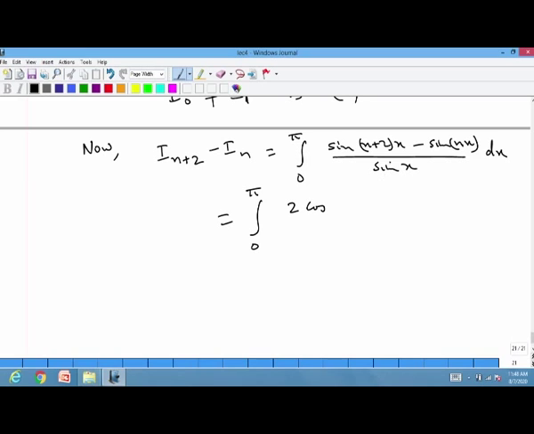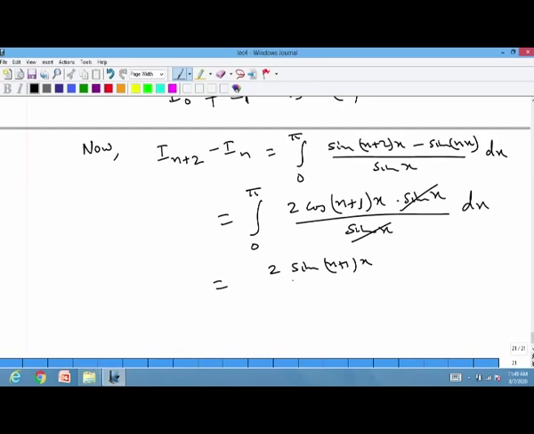2 cos((C+D)/2). So, that is (n+2+n) which is 2n+2, divided by 2, so that is (n+1)x, times sin((C-D)/2). So, (n+2)x minus nx will give 2x, divided by 2 will give sin x, divided by sin x dx. So, sin x cancels and this is simply 2 times sin((n+1)x) divided by (n+1) between 0 and pi,